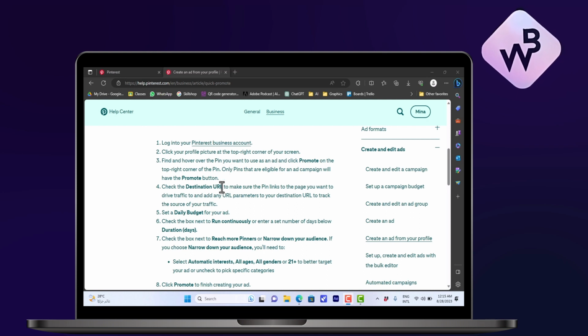it. It'll also give you a URL that you can use to promote your pin on your social media or other websites, and then you can set your daily budget and duration, and then if you want to control your audience, and you click promote, and then your pin will be promoted and the ad will be created on